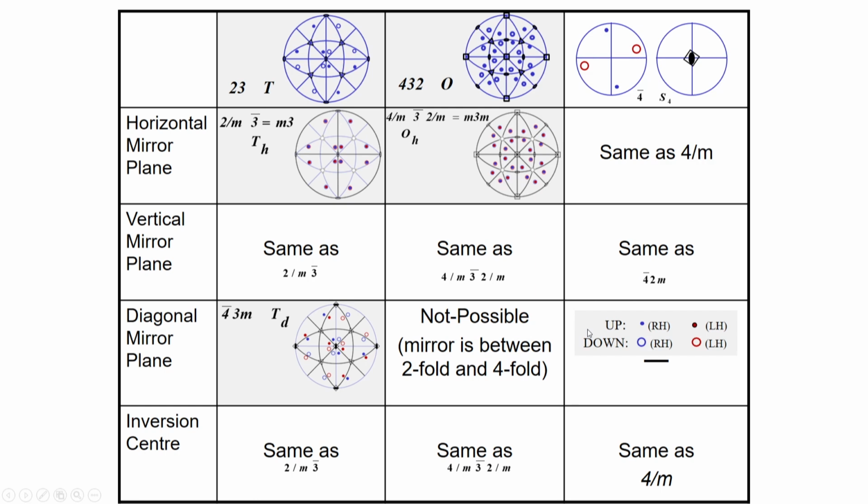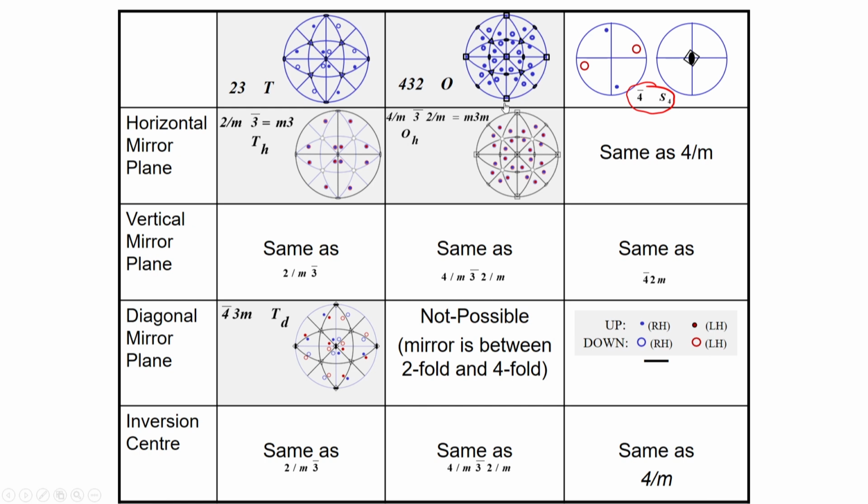Here we have now the cubic point groups, but before that we have already seen the 4-bar or the 4-fold roto-inversion axis, and in Schoenflies notation this is called S4. We had seen this in the last lecture, so I do not need to cover it. Now, if I add other things to it like the horizontal mirror, vertical mirror, I cannot add a diagonal mirror because there is only one 4-bar axis. So, a diagonal mirror is undefined, but adding horizontal, vertical and inversion just produces the point groups that we have already seen. Now, coming to the tetrahedral point groups.